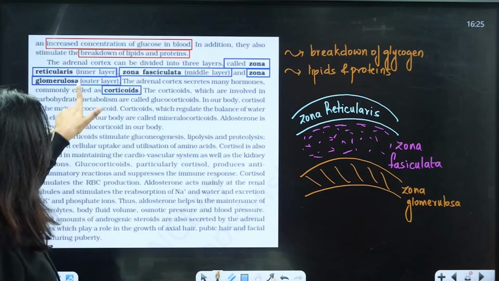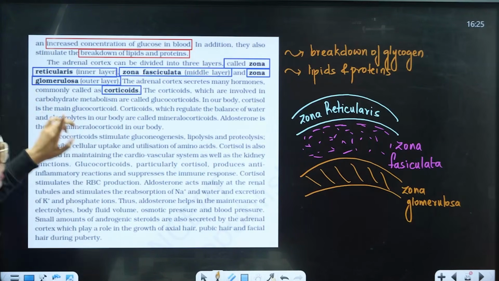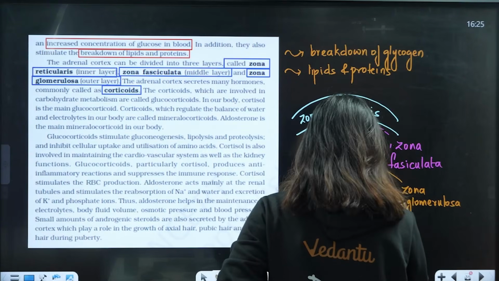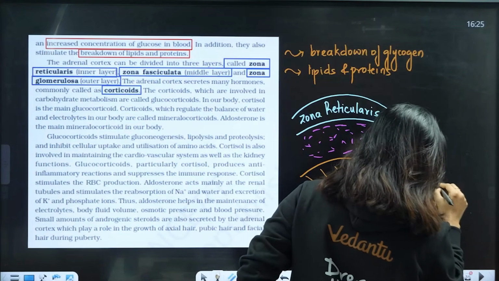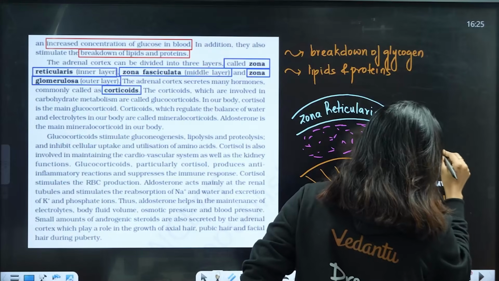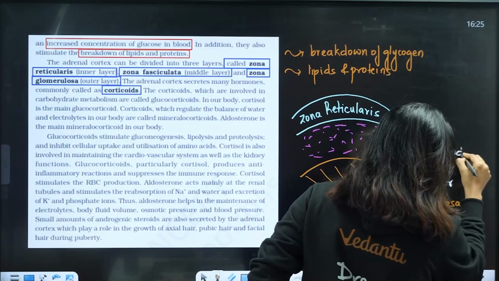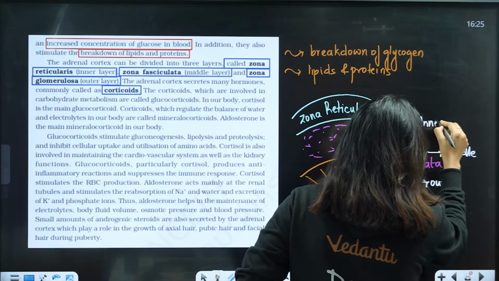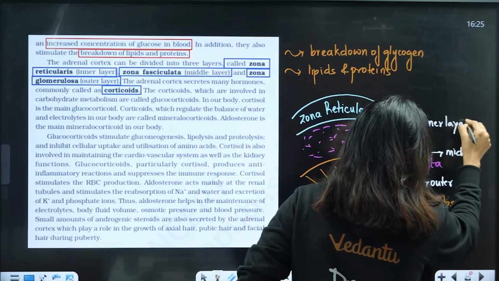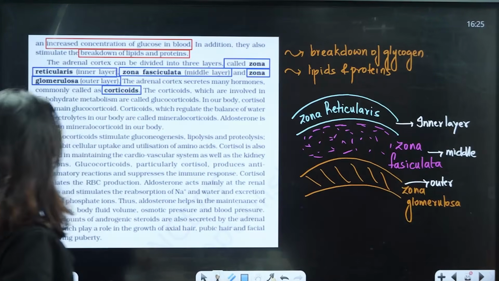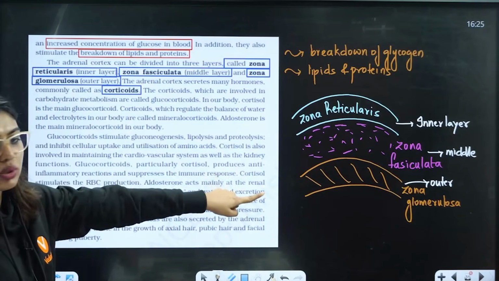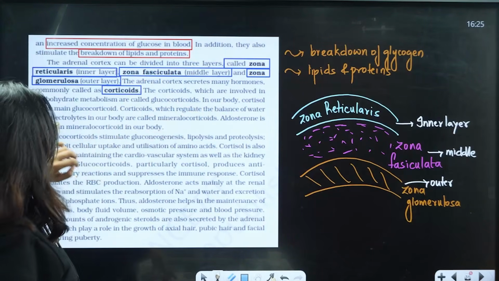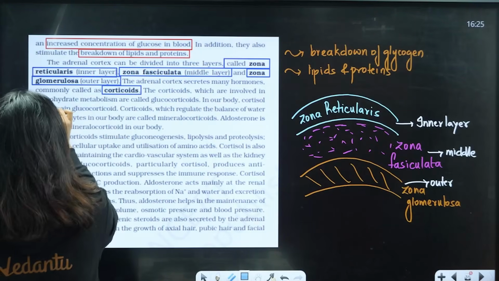So here, students, this is the outer layer, this is the middle layer, this is the inner layer. So you have glomerulosa, which is the outer layer, then the middle layer, then the inner layer. The corticoids which are involved in carbohydrate metabolism